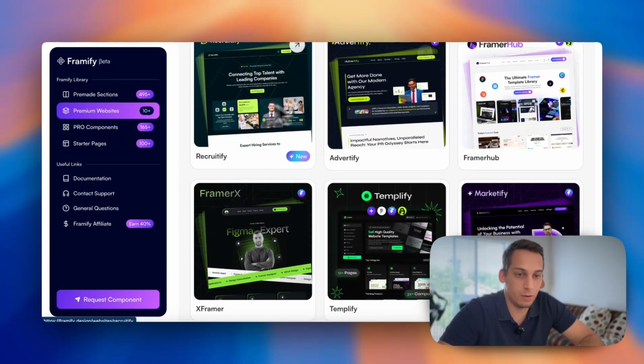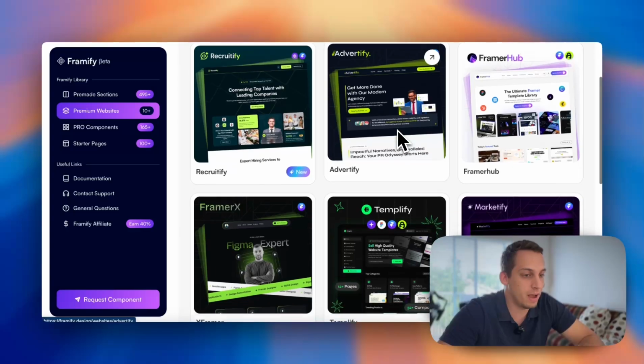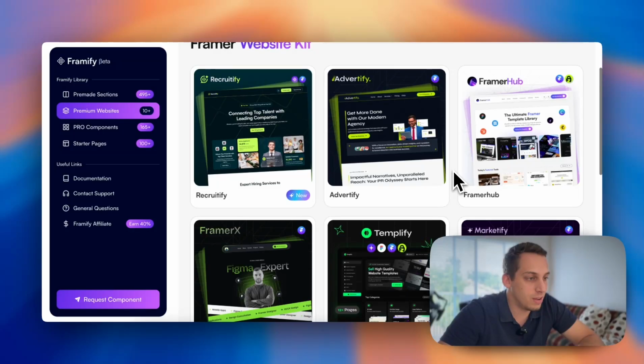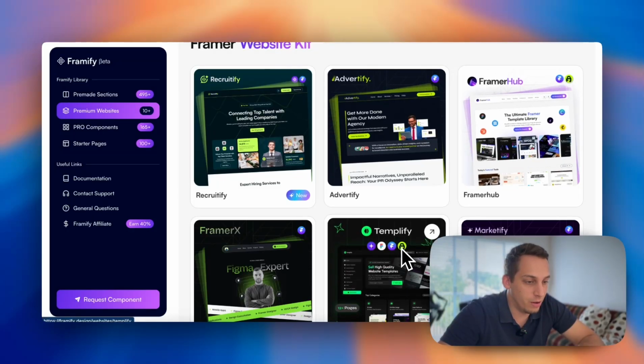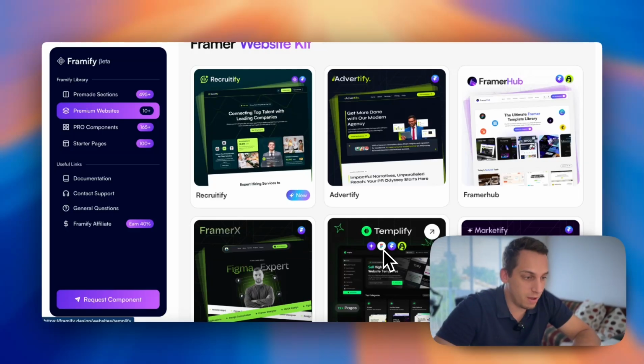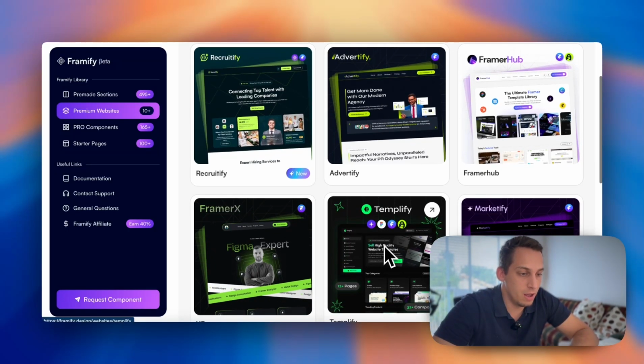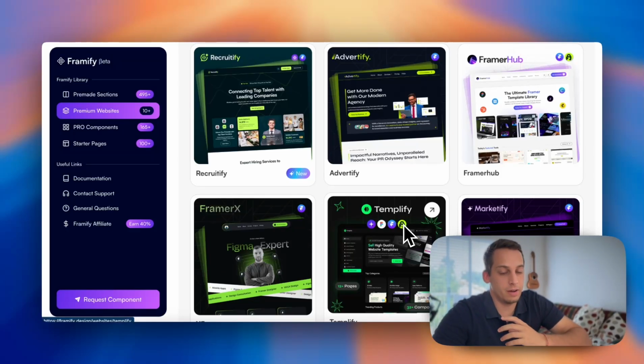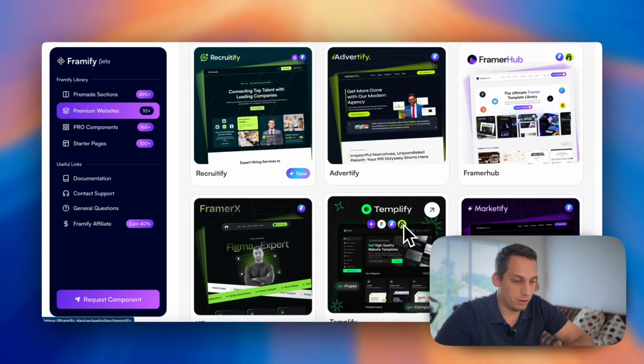So basically, we have premium websites. Yeah, we have different websites with different designs. For example, like this one. But as you can see, there's some like these 2 that have these logos, right? And these logos, it comes with a Figma file, so it comes with a design, which is great, but it also allows you to create or have a project in your portfolio or create something for your client that has access to Framer Auth,